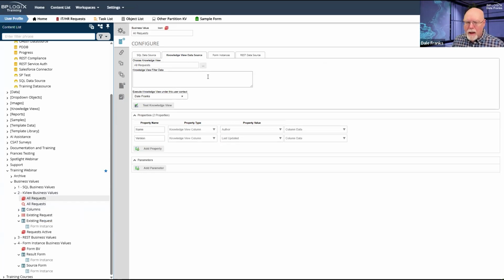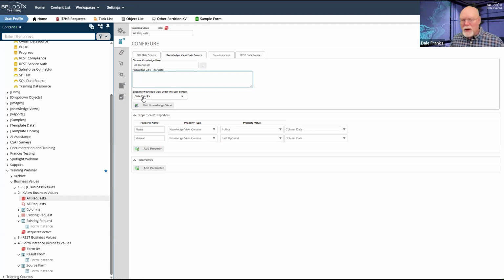Now I can put a filter in, not going to, but I certainly could. And I could filter that knowledge view by placing a filter here. But we'll talk about that another time. The one thing that is important whenever you're using a knowledge view as a data source is the execute knowledge view under this user context.